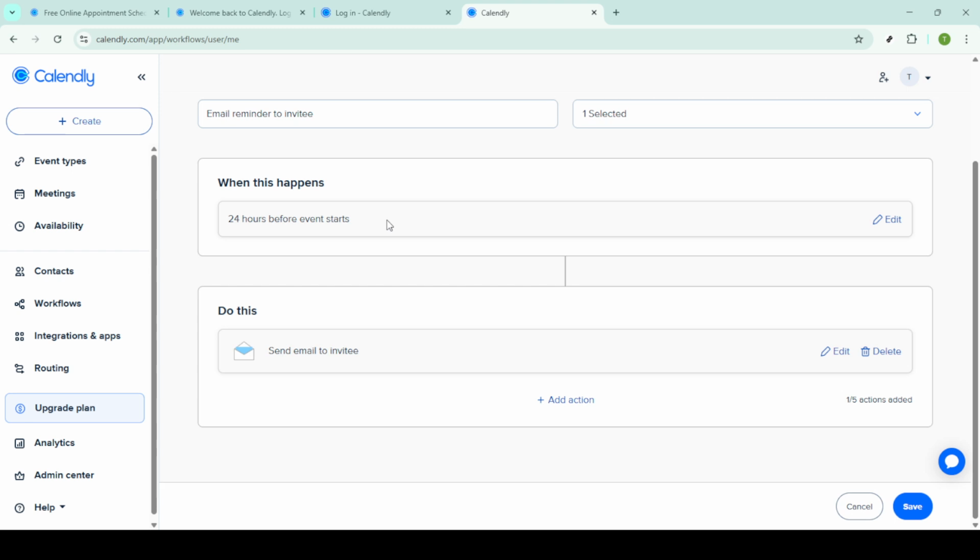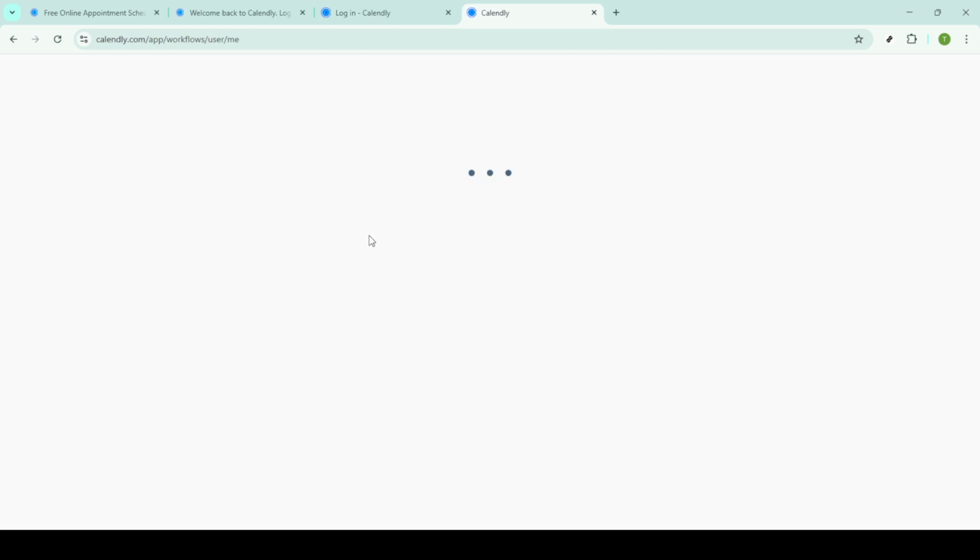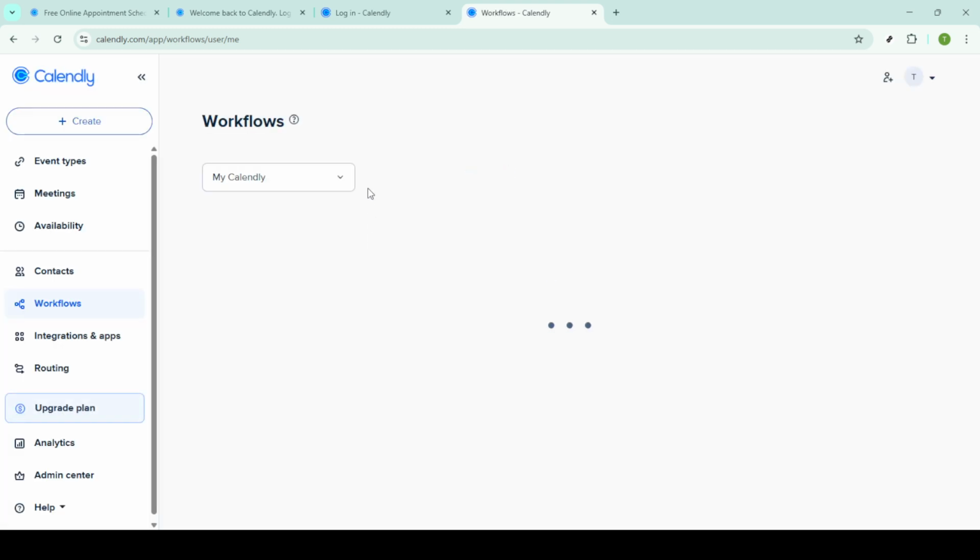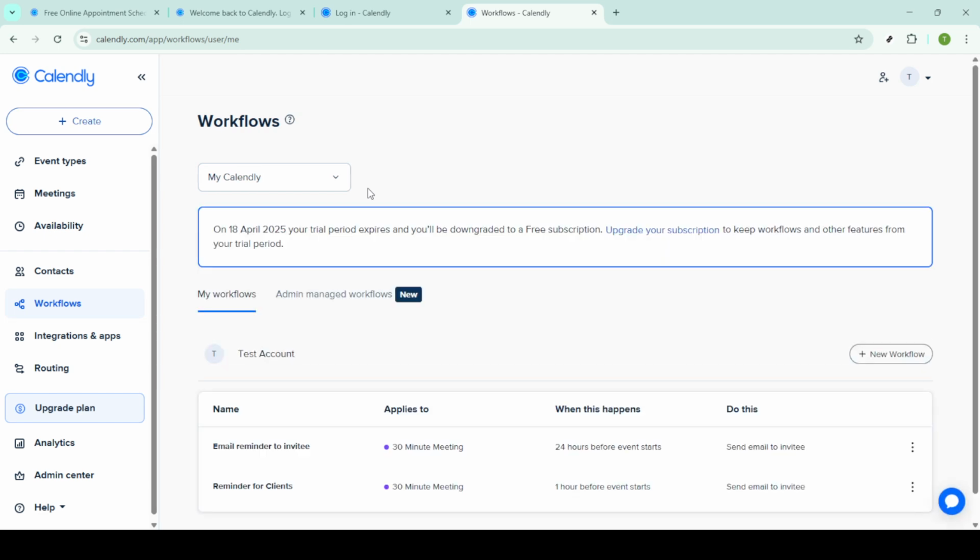And there you have it. You've now set up automatic reminders and follow-ups for your Calendly meetings, bringing an extra layer of efficiency and professionalism to your scheduling game. This automation not only keeps